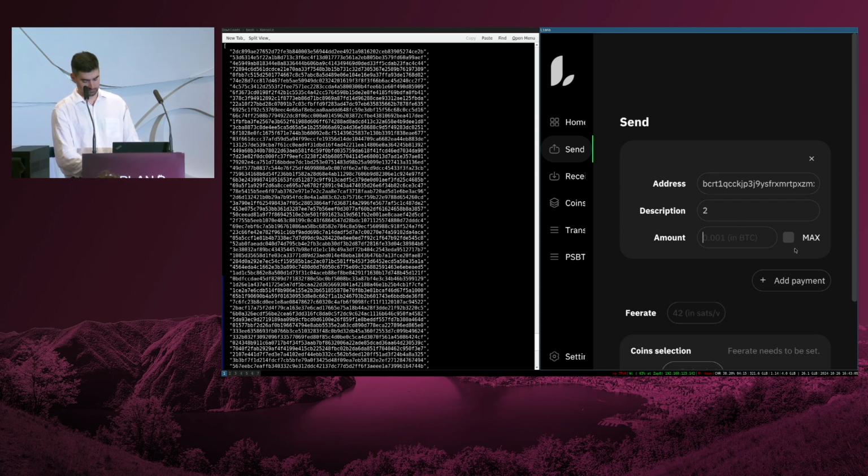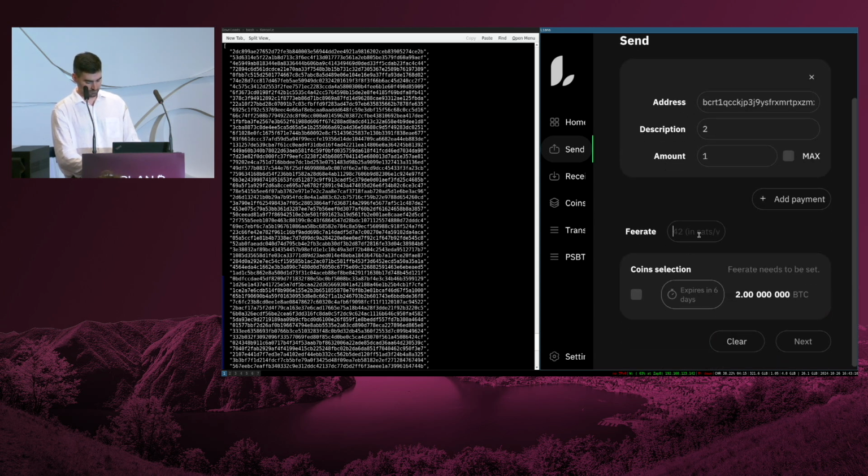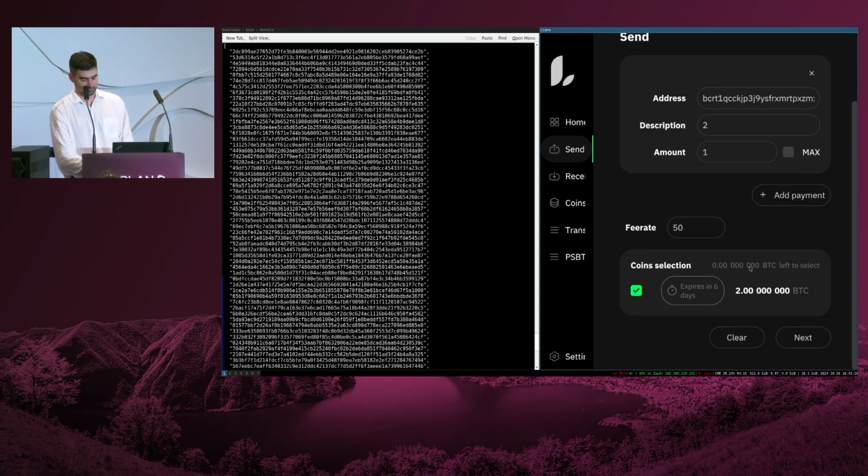You can send everything, but you can send, of course, less. Let's send one. The fee rate, okay, let's say 50. And here you can see that you can select coins. I only have one UTXO, the one that was received previously, so I don't have many options there.